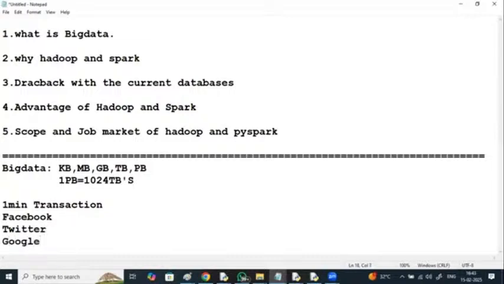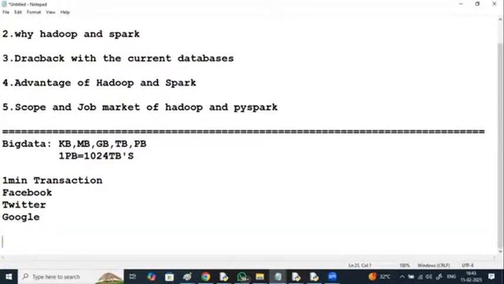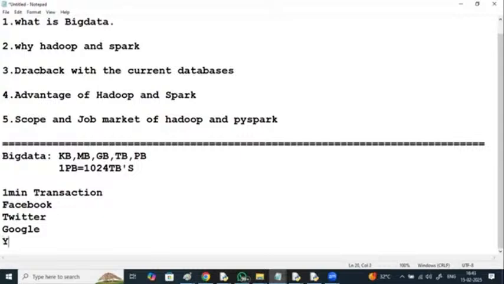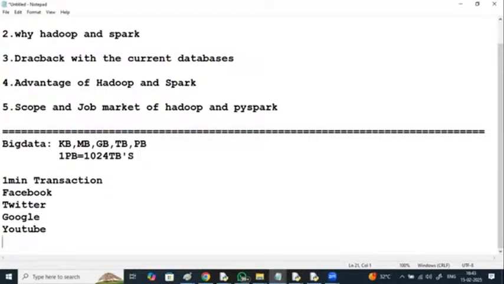Today, everyone is querying on Google. What is the data generated? YouTube video uploads: what should be the storage capacity to store all the videos? Email or Gmail messages, storing for millions of users.